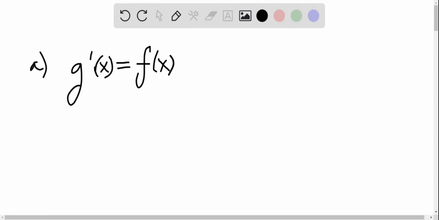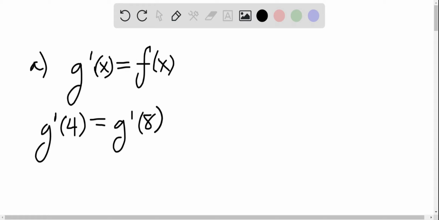Now notice that at x equals 4 and 8, we have g prime is 0, so g prime of 4 and 8 are both 0, from the graph of f. And also, notice that